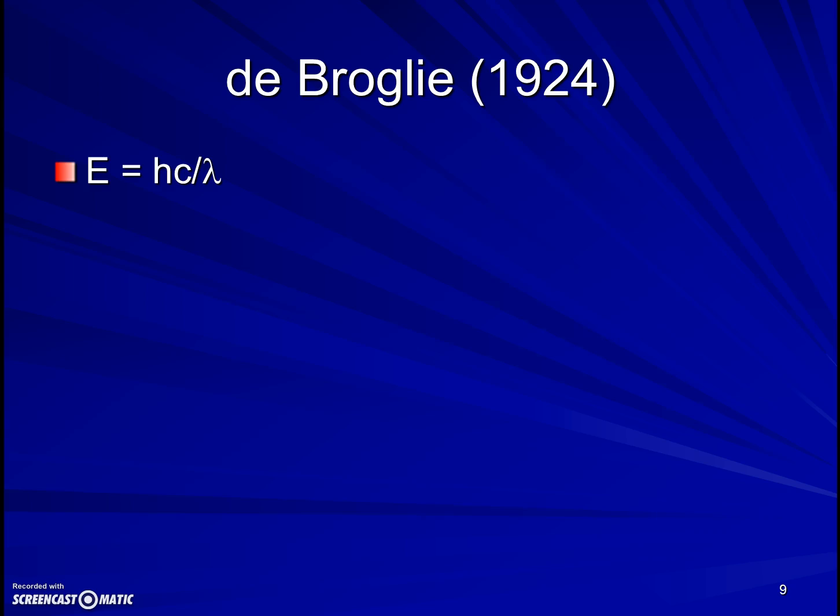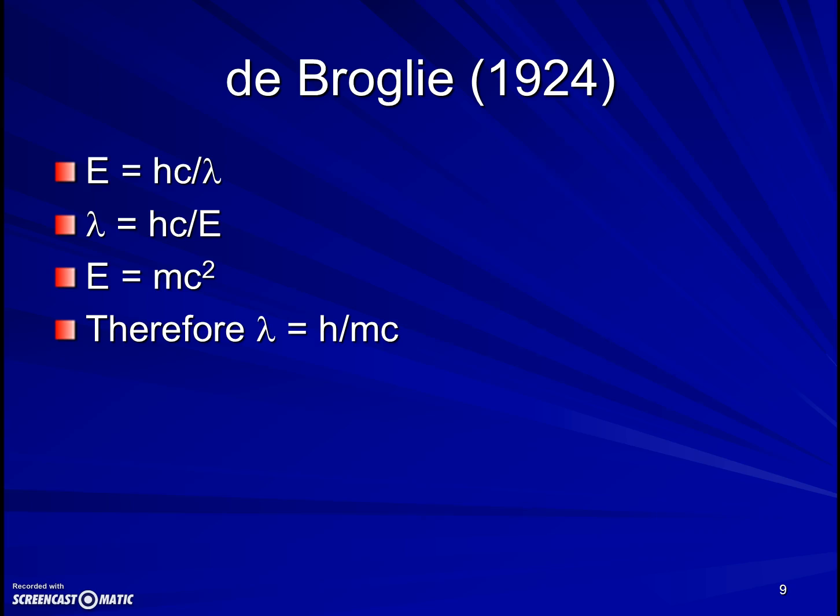Louis de Broglie in 1924 built on Max Planck's work a little bit, and on Einstein's relativity work, and worked out this equation for the wavelength of a particle that's not light. So if we assume Planck is true, then we solve for wavelength, and we know E equals mc squared, and we substitute that in, mc squared in for E, and we'll notice c divided by c, we'll cancel out one of those c's. We get the wavelength of light, for example, is